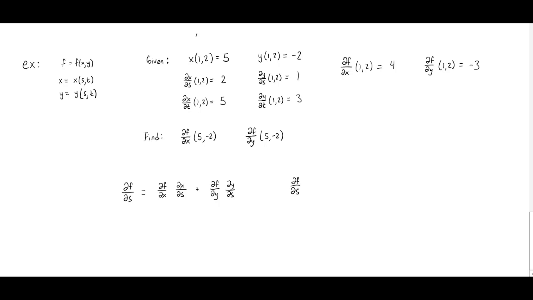So we're saying st is 1, 2. Let me use a different color since I want to emphasize this. Here I'm emphasizing that the values of s and t that we're working with are 1 and 2. Okay, but